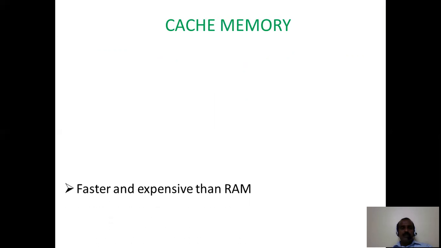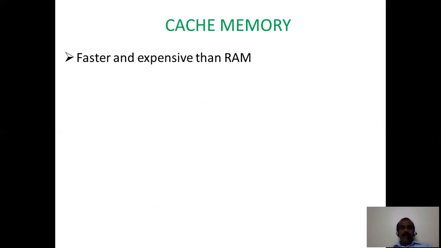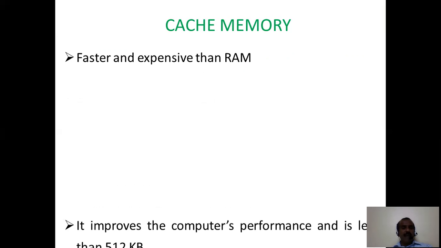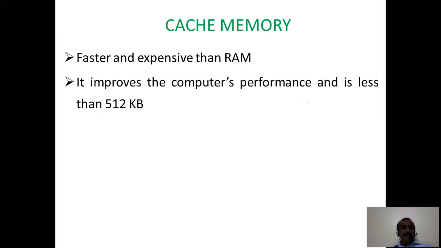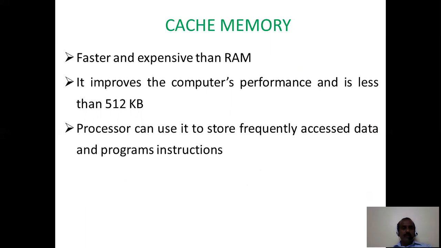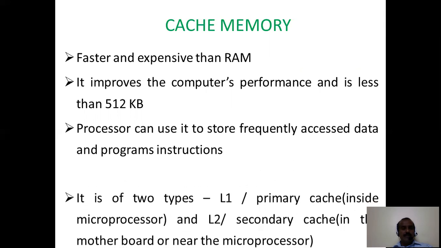The next type of memory is the cache memory. Cache memory is faster and more expensive than random access memory. It improves the computer performance, and the storage capacity of cache memory is less than 512 KB. The processor uses the cache memory to store frequently accessed data and programs